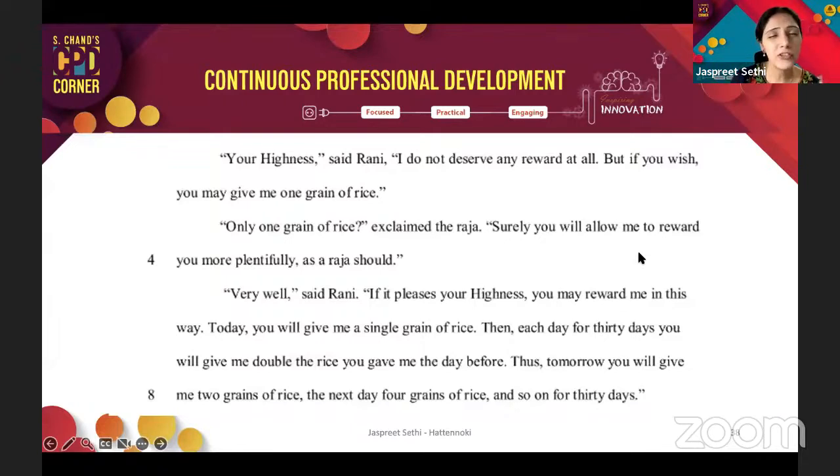I'm giving you a very gist version of the story, so please don't quote me on this. I have read it many years ago, and I have the book, but I was not able to find it in my library right now. I think I've given it to a student to read. So there's this girl Rani, and she basically sees a bag of rice torn, and some rice is falling down.